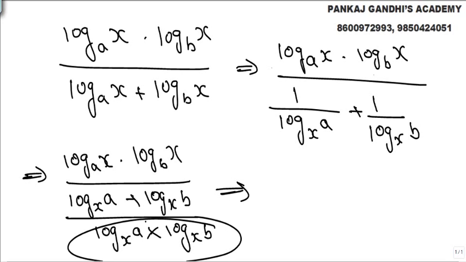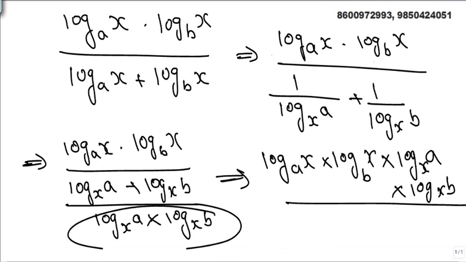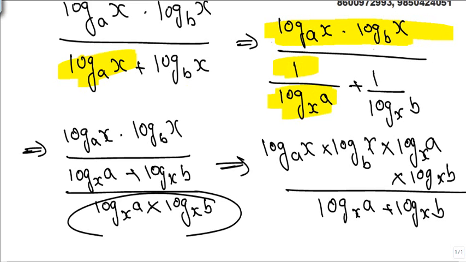This bottom will go up, so what we get is log x to the base a, log x to the base b, into log to the base x of a into log to the base x of b. This is our numerator, and the denominator will be log to the base x of a plus log to the base x of b. Simply what all we did up till now: this one we kept normal, and this base we flipped, so 1 by the base flipped. So now normal solving of maths, this plus this upon this, so this will go to the top.